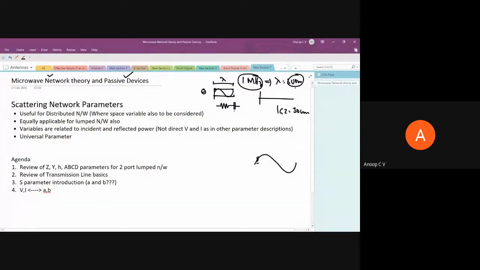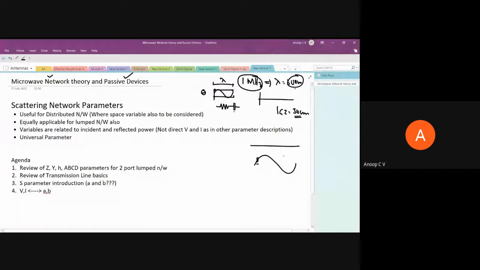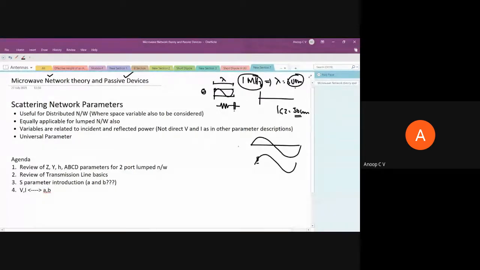That's why in lump circuit theory you say a conducting wire can act as a short circuit. Whereas in microwave network theory, we are dealing with very high frequency. 1 gigahertz itself is 30 centimeter, which means if you have a 30 centimeter wire and take a snapshot at any given time, the voltage variation will be like this. Voltage will start from 0, go to maximum, become negative and again come back to 0. A 360-degree voltage variation will be there.